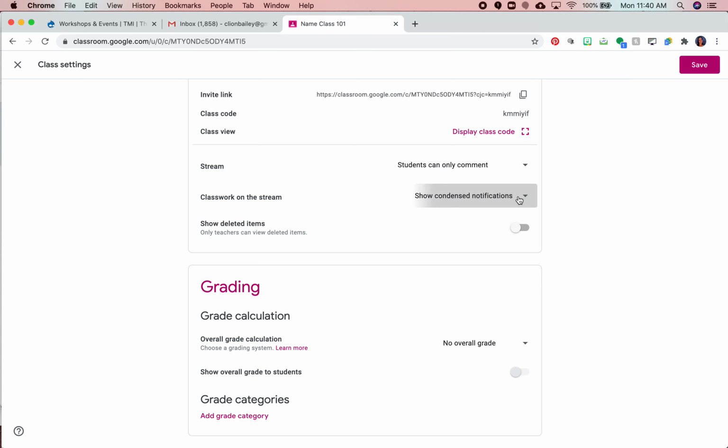You can also change your classwork on the stream to show attachments and details, just condensed notifications, or to hide notifications entirely. I suggest leaving it at Show Condensed Notifications so that students can see any assignments that are posted in the stream. If you scroll down to the grading section, you'll notice that you can turn your Google Classroom